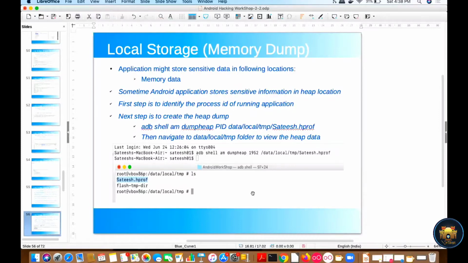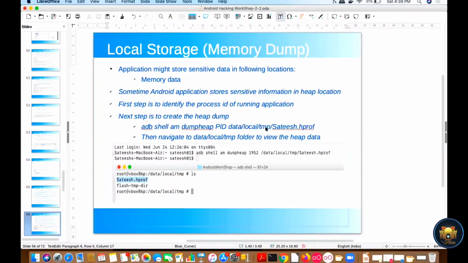So basically what we have to do is navigate to the heap dump storage. The first step is to get the process ID, which I already covered when I was talking about insecure local storage. So you get the process ID, then execute adb shell am dumpheap, then the PID, and then store this file in the location /data/local/tmp, giving it any name you are comfortable with.